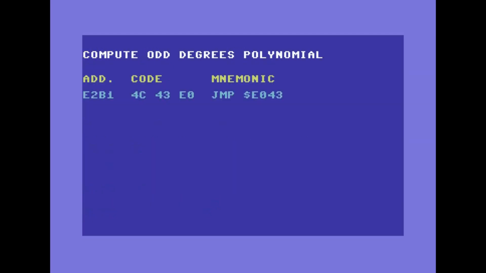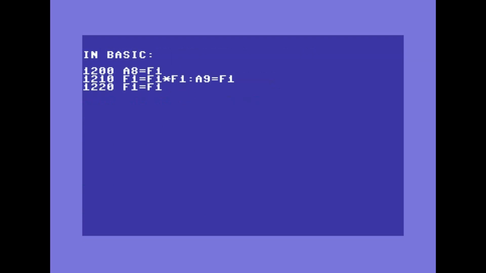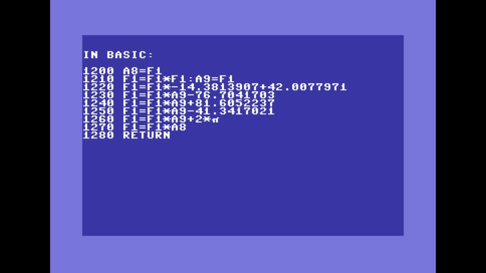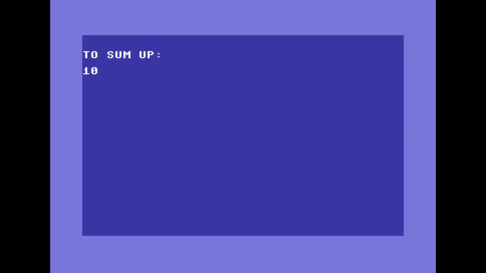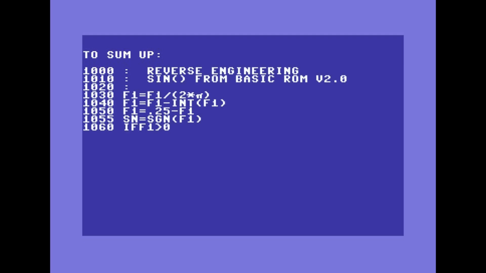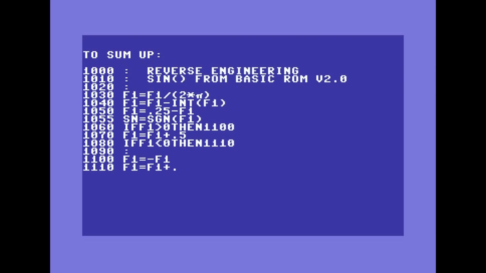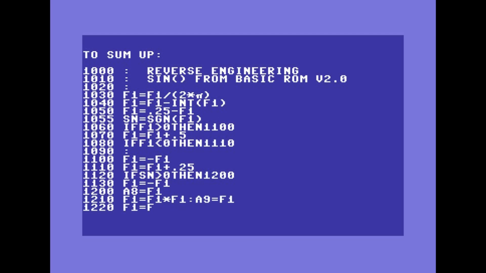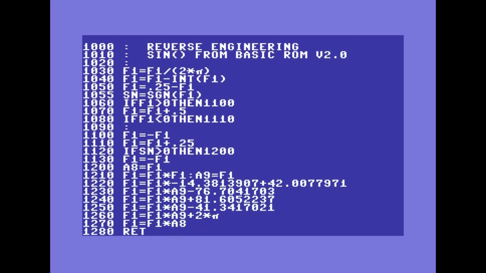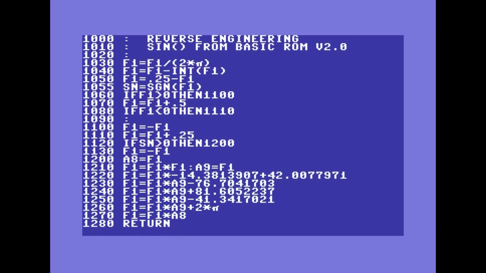compute odd degrees polynomial. In Basic, to sum up, to try it,